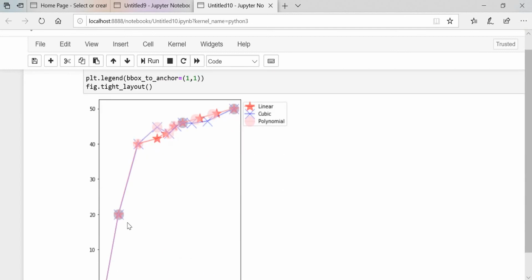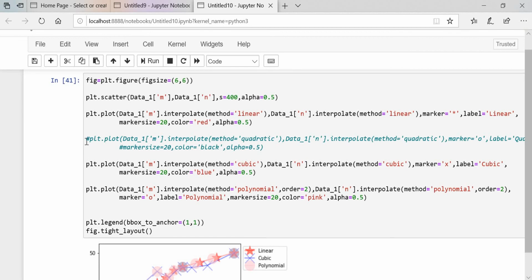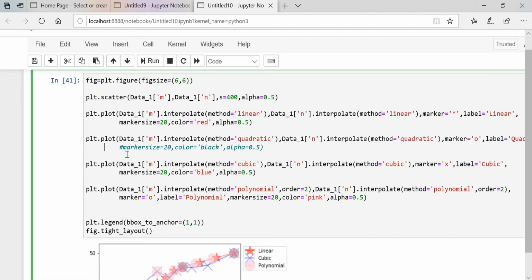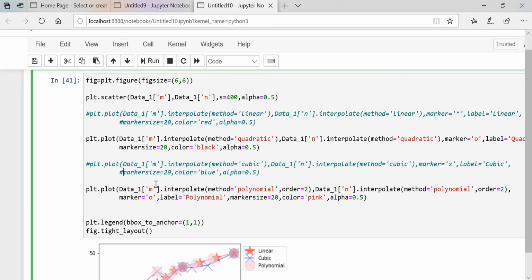You can see here, guys, this is near about the same as quadratic, right? I will show you here. Because some methods are similar to the others, I will comment out this one, and I will comment out this as well.